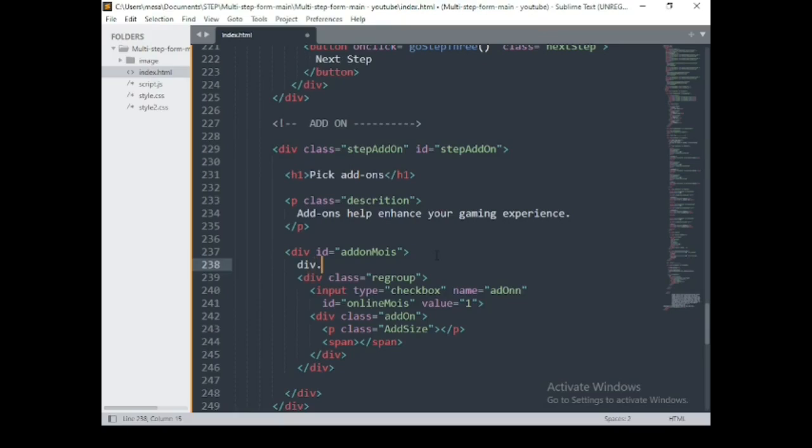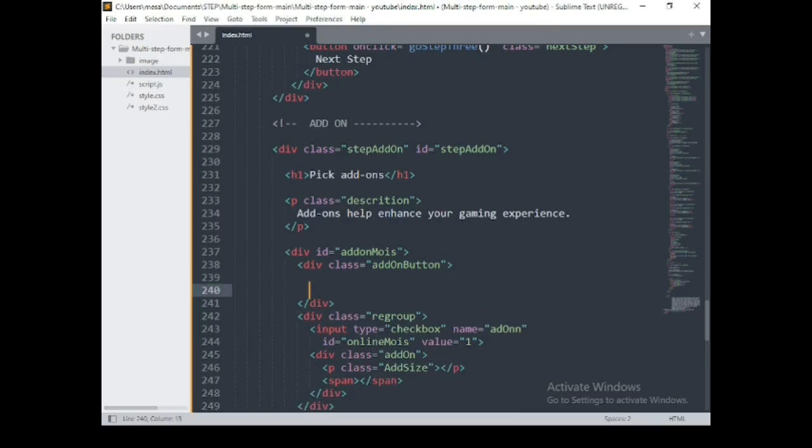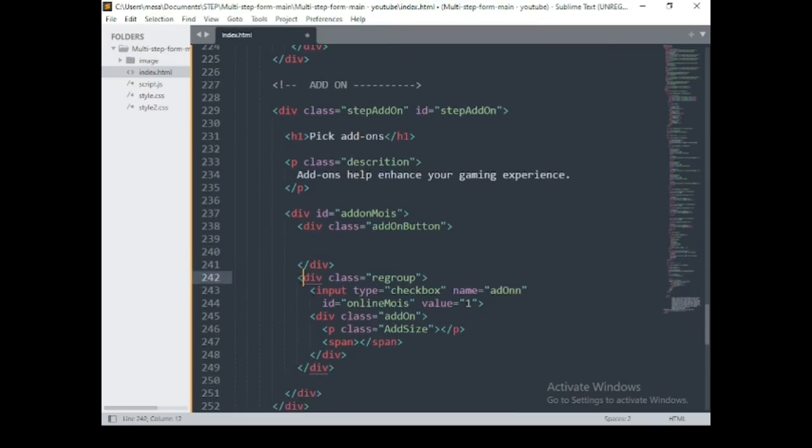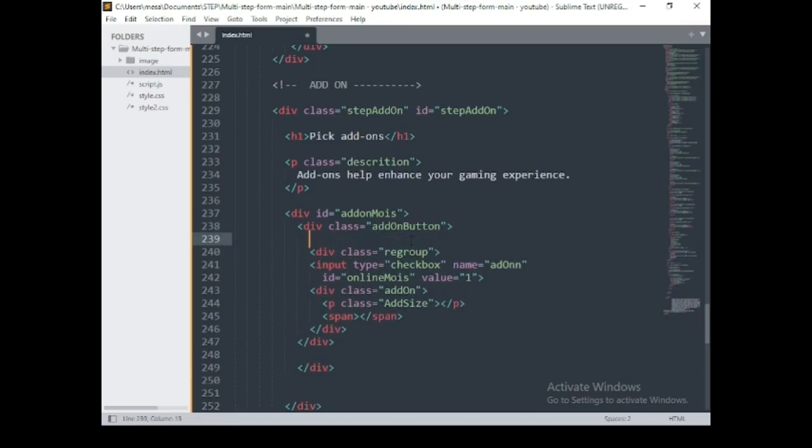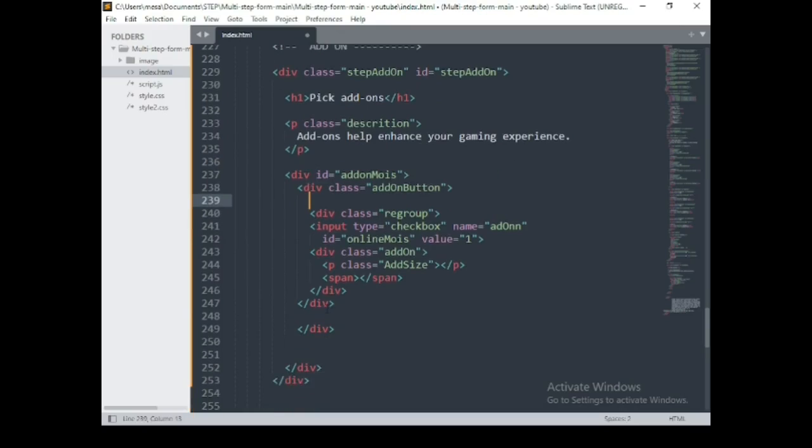Let's create another div which I shall call add on button. Then I want to drag everything that is inside there. Then once we are done with this grouping,